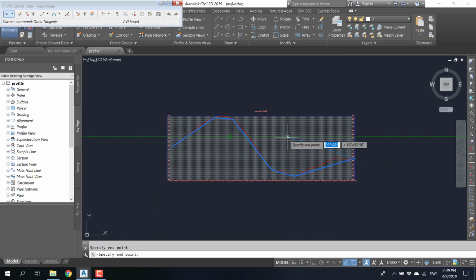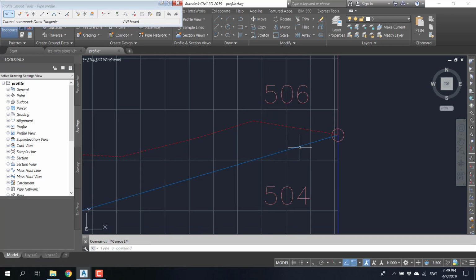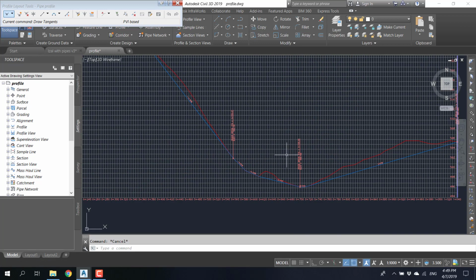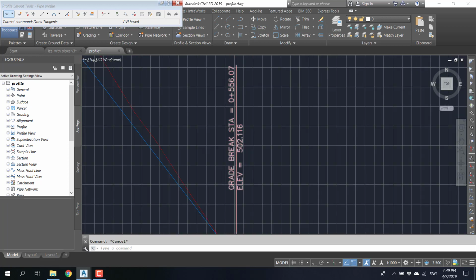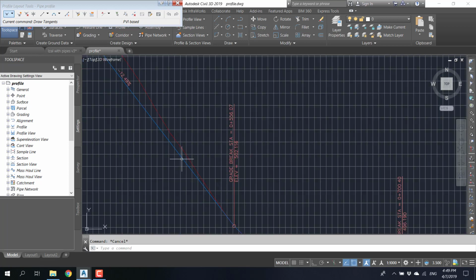Okay, so now it's created. I don't want these labels to be available,